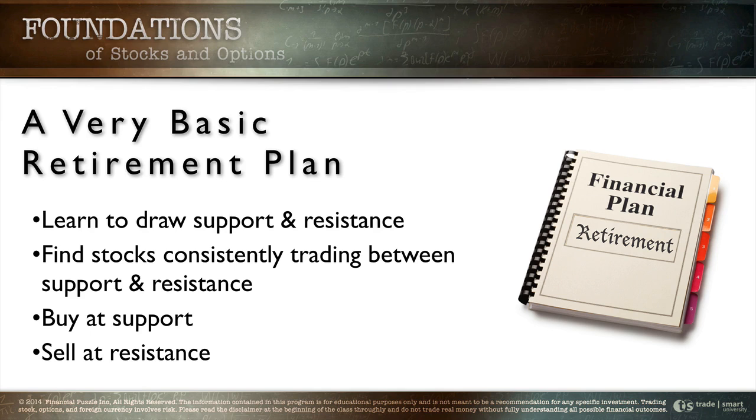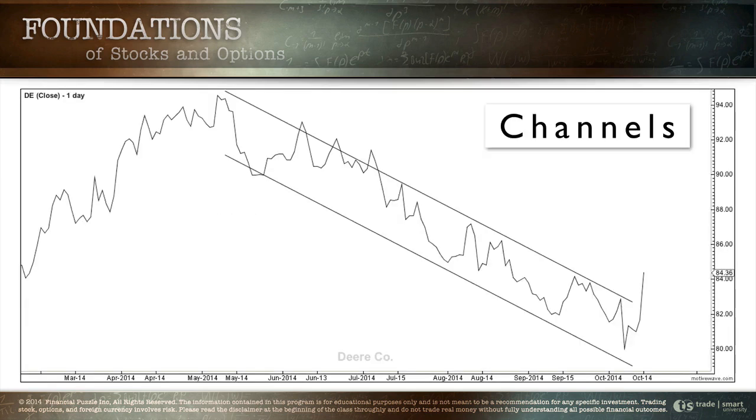This is real. What I've taught you so far is a textbook version. Let's go look at some real world versions because the real world is never going to be quite as tidy as the textbook. So let's take some examples. Look at John Deere. This is current. Look, this is October 2014. You can go pull these charts up.